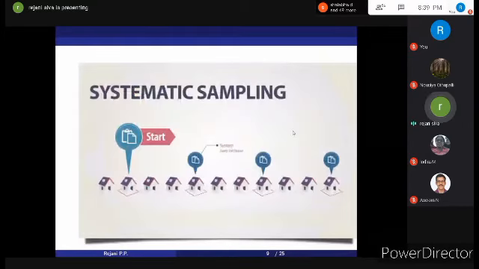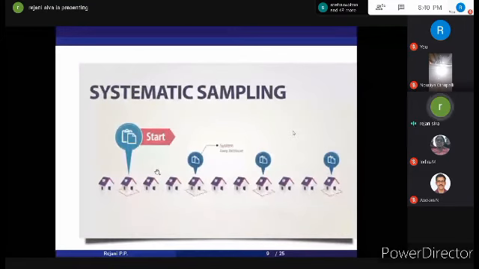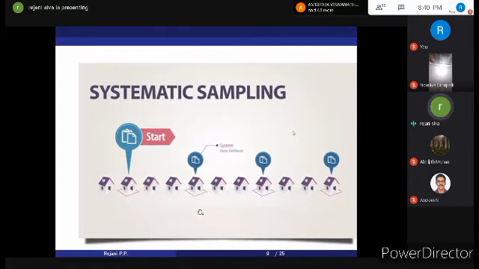The next one is systematic random sampling. It is widely used in household surveys. You can see the picture. Here, the sampling interval will be the same throughout the process. We'll have a random start. Here you can see the starting point. Here the second house is selected, and every third house is selected, and up to the end.